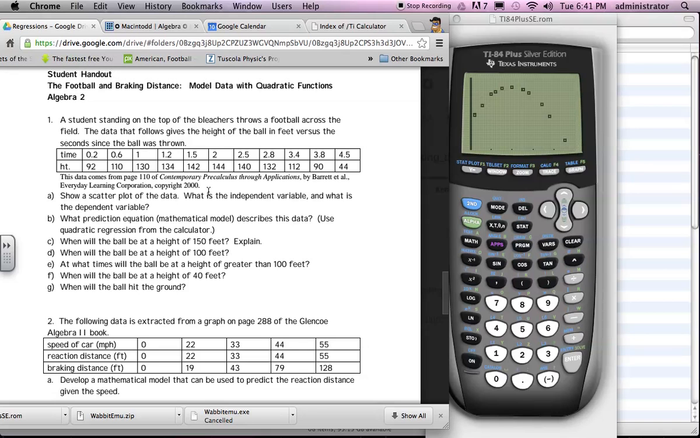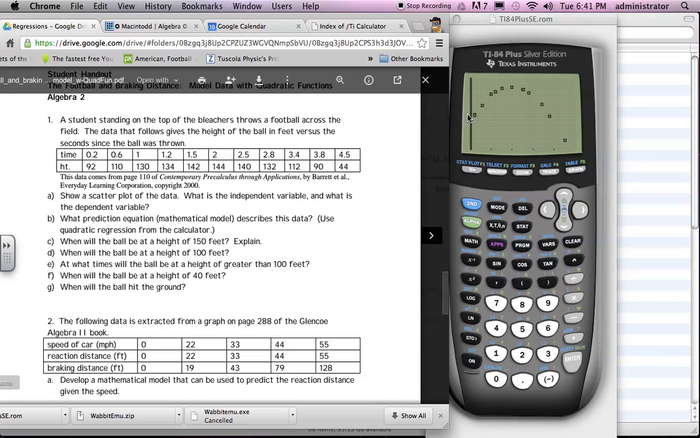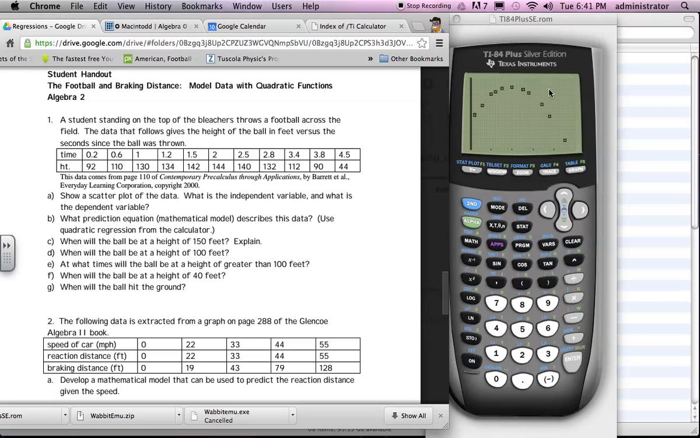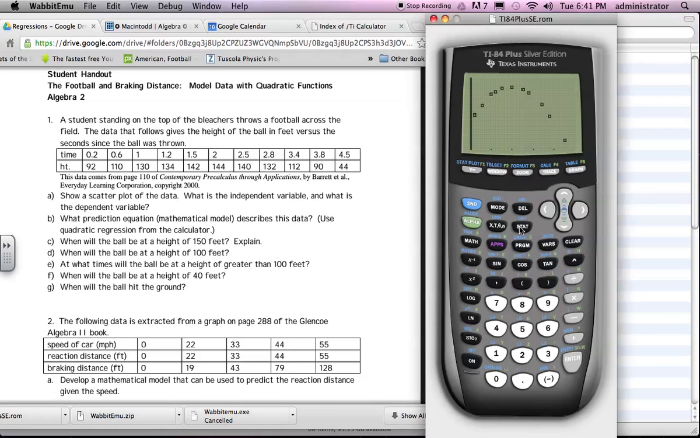So here's A. I've shown with scatter plot, discussed independent, dependent variable. Now we're going to find our mathematical model. All right. To find a model, what we mean is find an equation that predicts this data set that we have. To do that, we again go to stat. And this time we want to go up here to calculate. And we have choices, and you have to look at the picture and decide if a straight line, linear regression